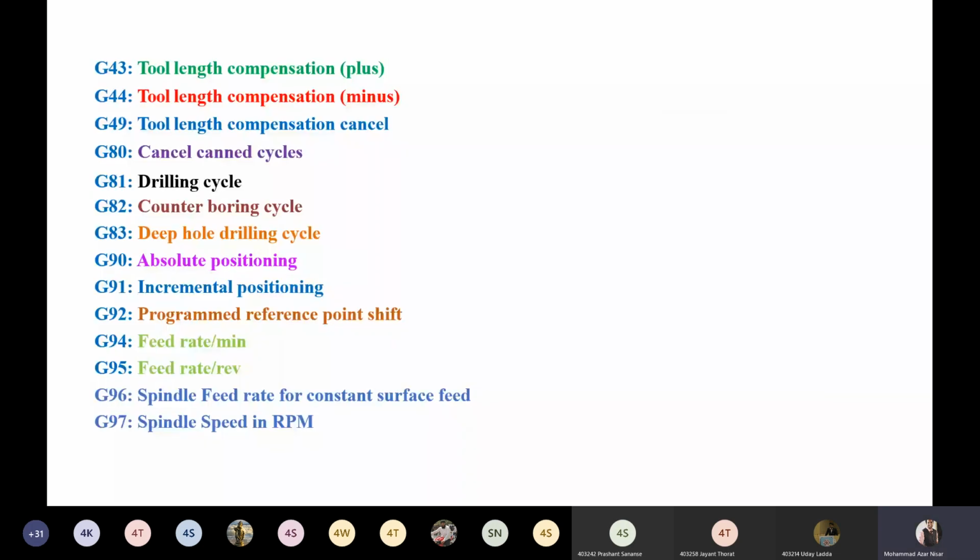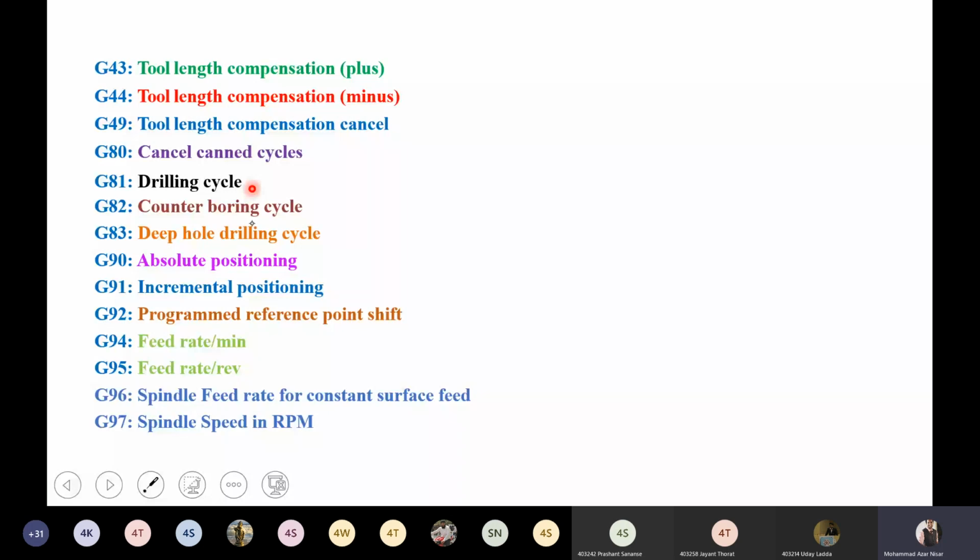To cancel that cycle after completion of your programming, you have to cancel it again, just like the tool length and tool radius compensation, where G40 and G49 are used. In that way only, you have to use this G80 code, that is the canned cycle cancel. Okay, the next one. These are the codes for G81, 82, 83. These codes are for the cycles. Suppose I have shown you the workpiece with a number of holes. Then you have to use G81, and just give the Y direction value.